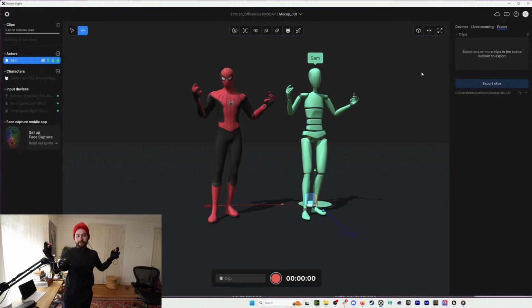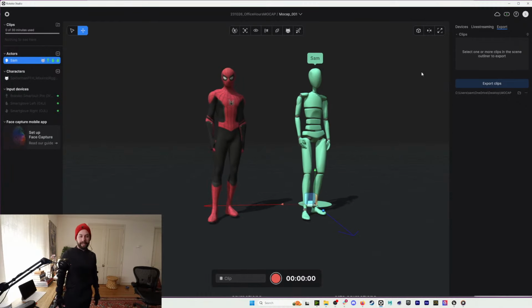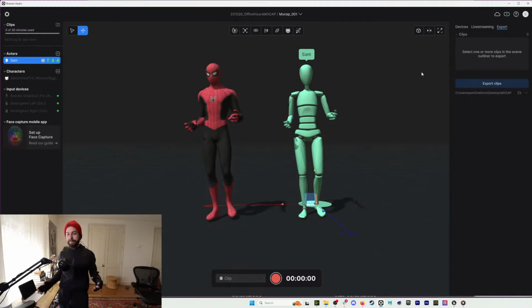Yeah, you can see these thumbs are a little wonky. It's just the way it is. We could correct that in post. But okay, so for motion capture today,